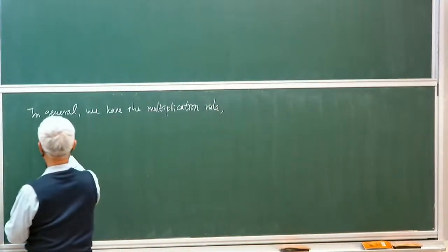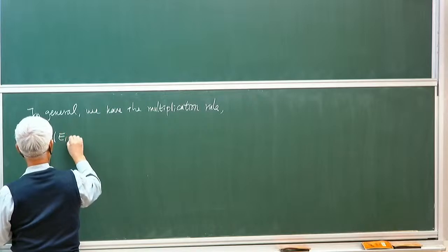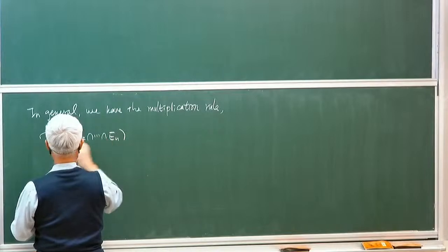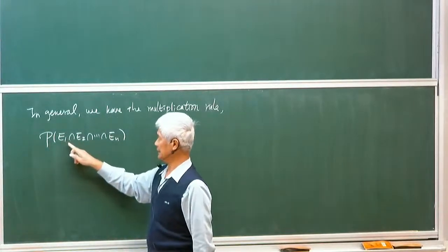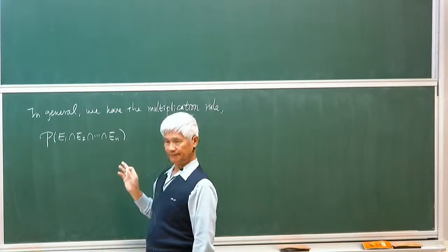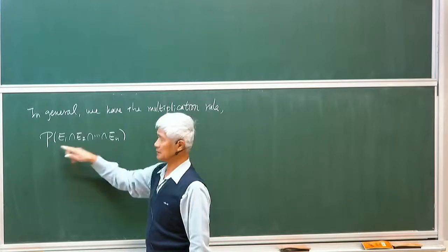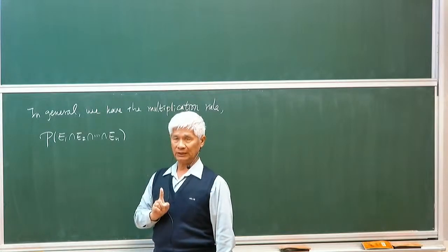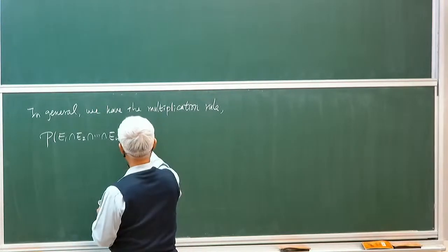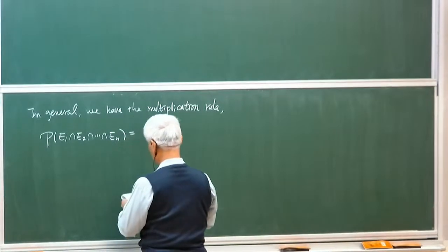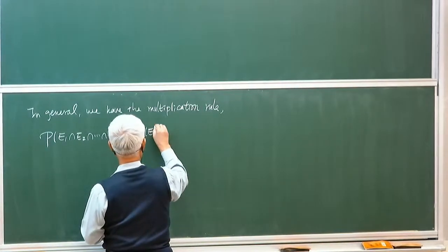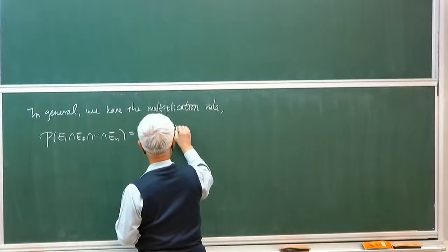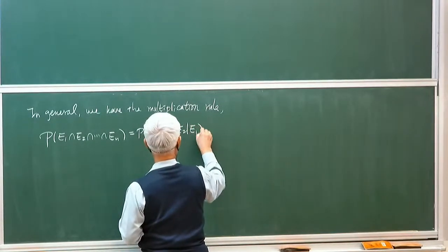The multiplication rule says that the joint probability of a finite number of events, the probability of the intersection E1, E2, up to En, which is the probability that events E1, E2, up to En occur simultaneously, is equal to the probability of E1, the unconditional probability, times the probability of E2 given E1,